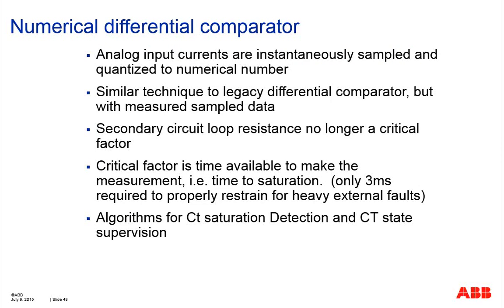Those phasor values are fed into various protection functions, for example the differential function to calculate differential current and restraint current, everything numerically instead of through static transistors. Again, the critical factor is the time available to make the measurements, the time to saturation. In a modern relay, typically, if you can allow a 3 millisecond window for the CT not to saturate,